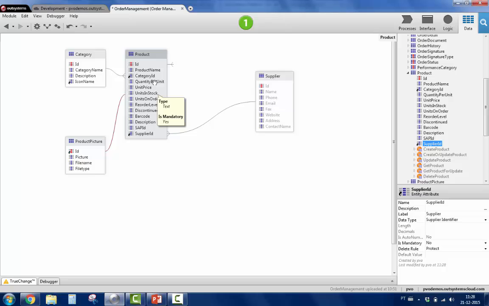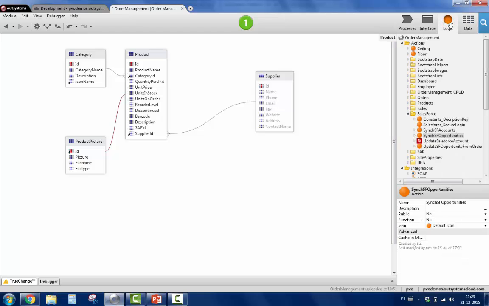I can do that by just dragging this into the product, and as in many other places in the platform, I have an accelerator that's going to create a new supplier field for me. It's going to specify the specific data type, and when I publish, this is going to automatically create a new foreign key from the product table into the supplier table. It's going to create this new field with the proper data type, etc. Okay. Now I don't have to change anything in the logic because it's all going to be automatic here,